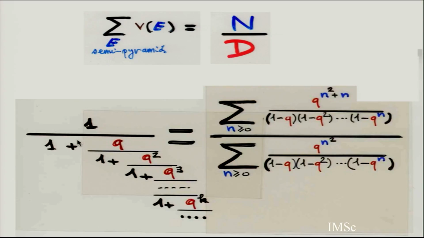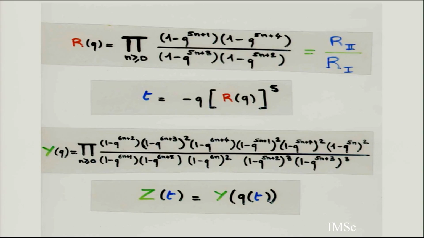He's a physicist and mathematician. I talk about Baxter because I showed you the solution of the hard hexagonal model of Baxter. So you see the R of q is a Ramanujan continued fraction. It is a ratio of the two, instead of the left-hand side, he takes the right-hand side. So R of q is a ratio of the two Ramanujan continued fractions, and you have to take this ratio power 5. So it is a t, you see. And put y equals this, and then eliminate q between these two to get the... No, this is crazy. This is totally crazy. This is Baxter. It's an implicit equation. No, it's crazy.